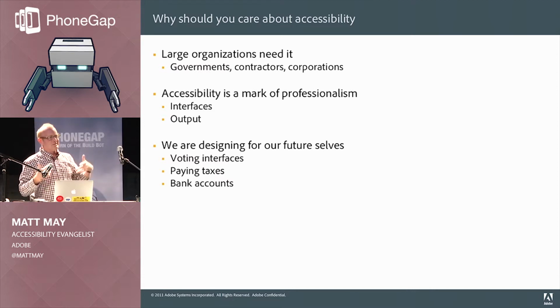When we turn 50, 60, 70 years old, these applications are going to be the things that we expect to have. And we're going to have things like our bank accounts and our retirement funds and our access to public services. We're going to be paying our taxes with these devices. We're going to be voting with these devices. And we are going to be supremely upset if the people who are in our position today are not paying attention to the needs that we have in the future. So that's why accessibility matters to you in a personal way as we're designing this.